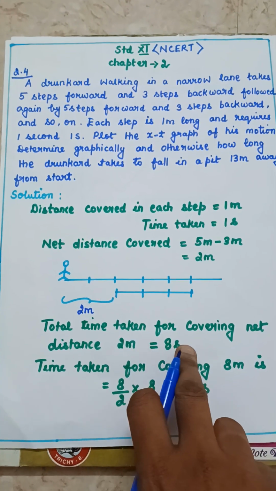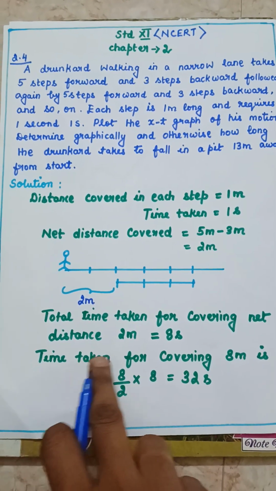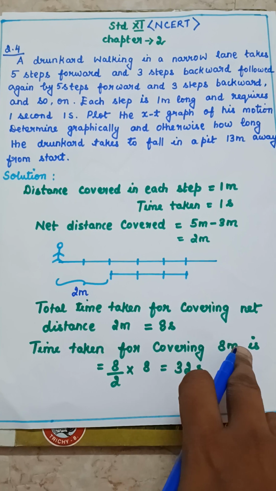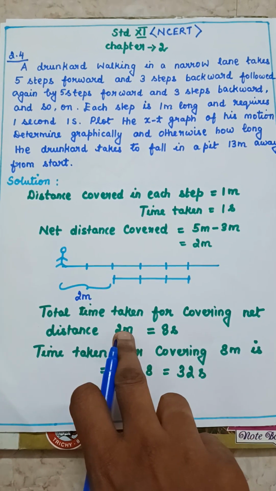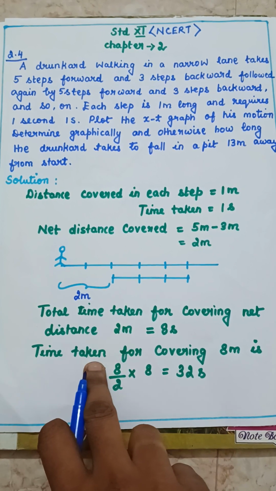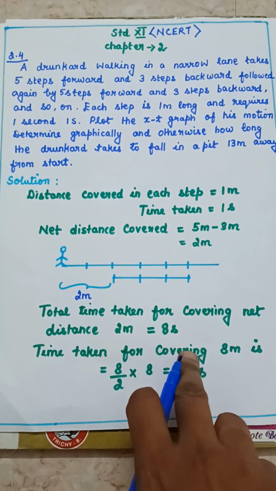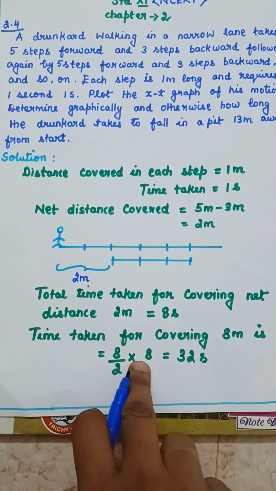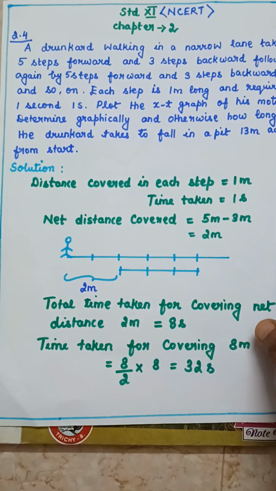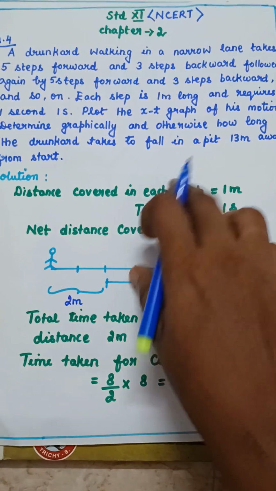So totally 8 seconds. Then time taken for covering 8 meter. If he is taking 8 seconds for covering 2 meter, then what will be the time taken for covering 8 meter? So that is 8 by 2 into 8, that is 32 seconds. Okay. So now